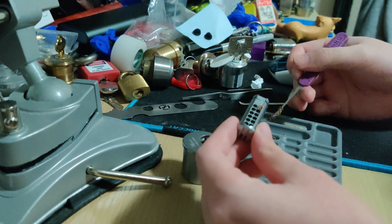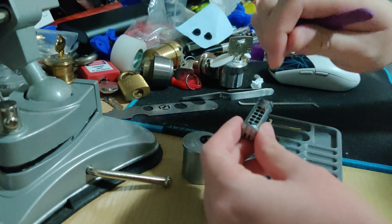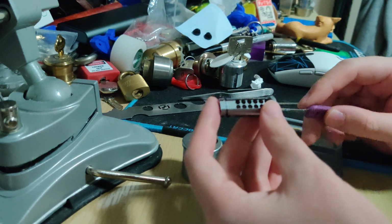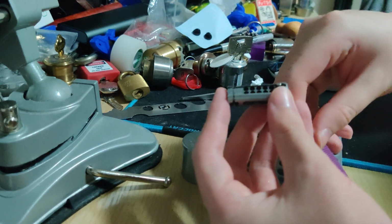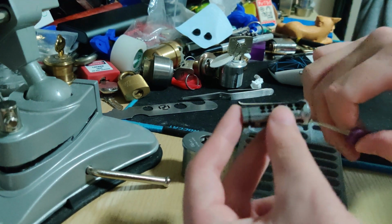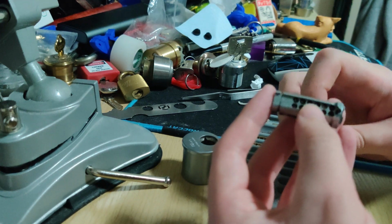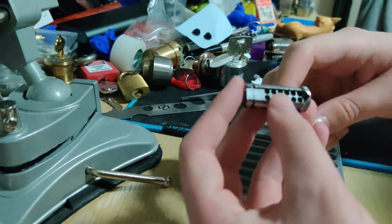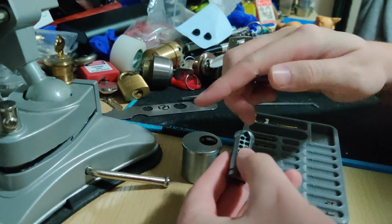These springs are absolutely irrelevant, so just being a bit rough with them, not a big deal. One more. Okay. Now we're going to gut this, we'll say, starting from the right side. So just push each pin out one at a time. I'll show you the pinning at the end of this. Pin 1. There. Pin 2 on the right. There it is. Yep. Pin 3